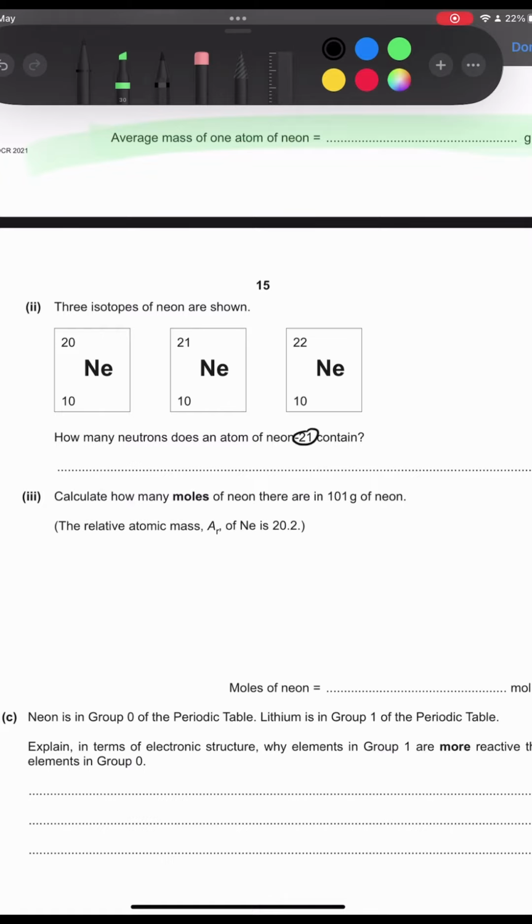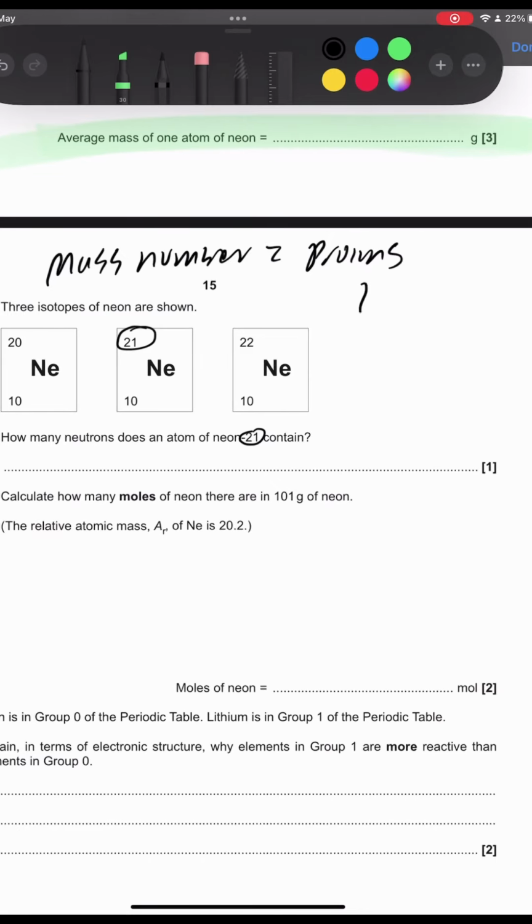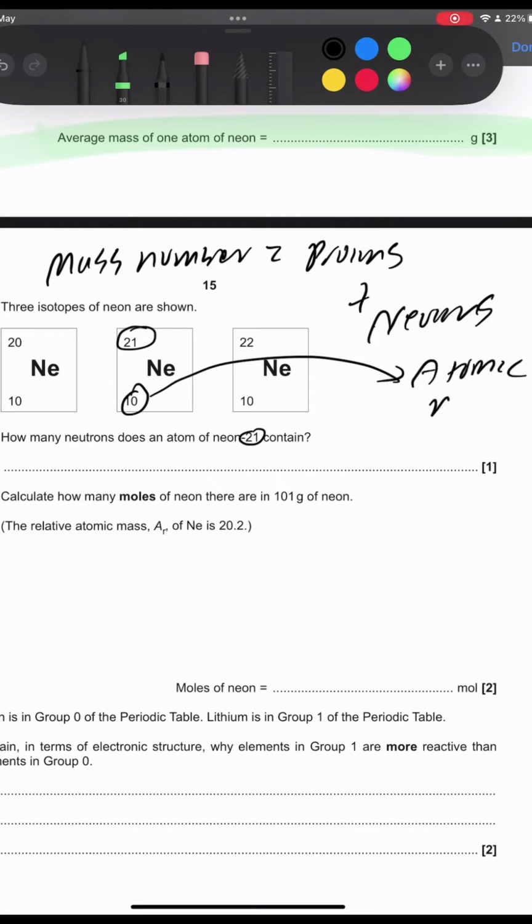Okay, so then calculate the mass of one atom of neon. Okay, so with one atom of neon, what we want to do is add up the mass numbers. So we know that our relative formula mass of neon is 20.2, and then we would want to divide this by Avogadro's constant, which they so kindly give to us, 6.02 times 10 to the power of 23, not minus 23 like I used to think when I was younger,